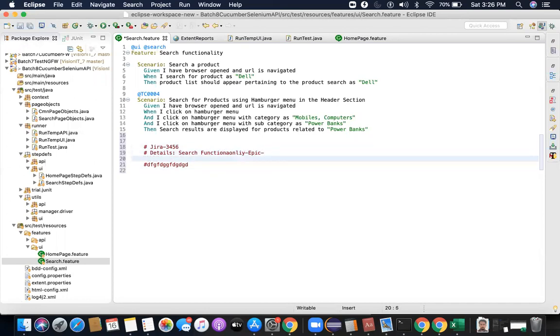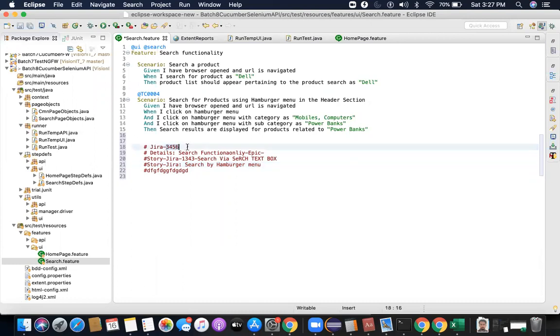So multiple stories can be something like this. This story will also be a Jira ID only. Let's say this is a Jira ID and its description is search via search text box. Then let's say you have another story inside this, Jira search by hamburger menu. So the parent Jira is this, and under this Jira you have these subsequent stories, right?